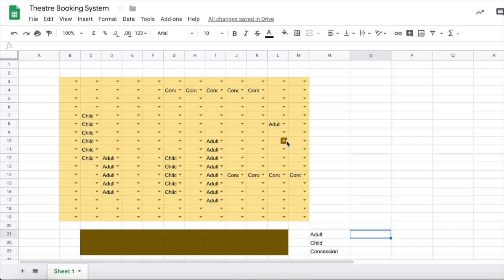Some people have booked into our theatre, and we need to know how many we have. Rather than counting, we are going to be lazy programmers and use a formula instead. So down beside adult in the cell here, we're going to double click and type equals and then the following letters,